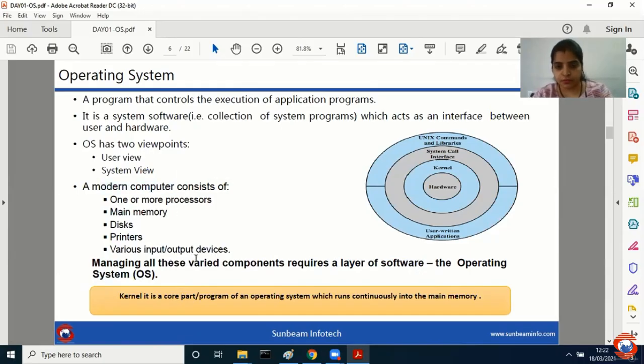That is hardware also. When I say OS, its core part is kernel, right? So in case of when we talk about kernel, I hope you all remember the booting process, the one which I have explained on day one of computer fundamental. राइट। बूटिंग के लिए बूटस्ट्रैप लोडर का क्या काम था? ओएस इंस्टॉल करना कि ओएस को लोड करना? ओएस को लोड करना। OS को लोड करना, right?